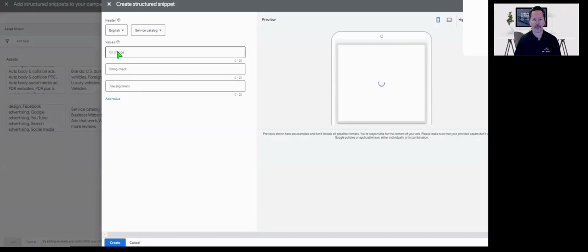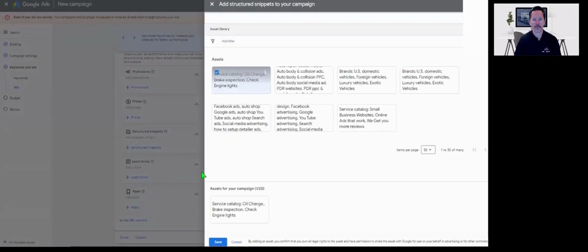You can add as many as you want. They don't all fit on there, but you can add all this stuff. And you can just keep adding a lot of these. They won't all show up, but the more you do, the better. Obviously, this needs to pertain to your exact business. So add that. And now you have another piece in,